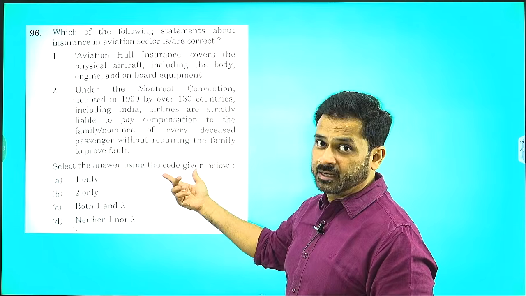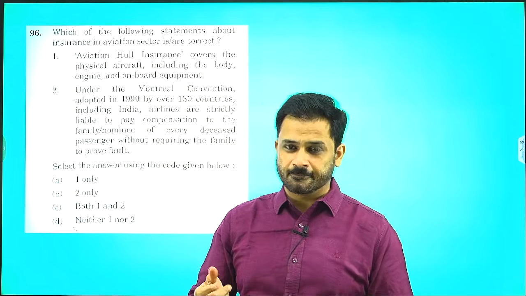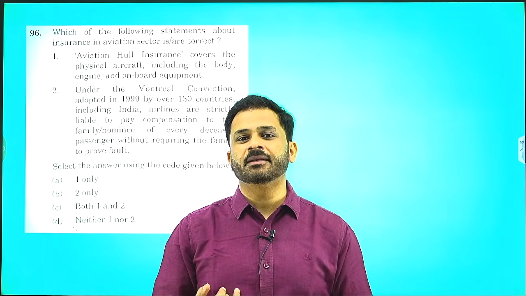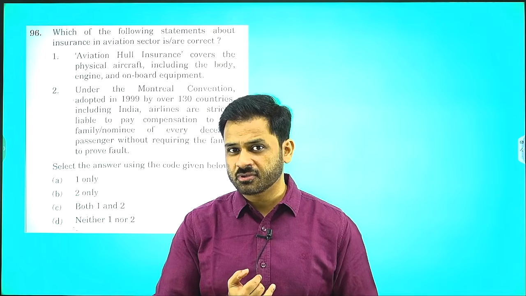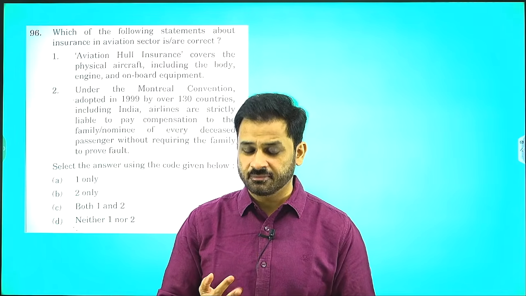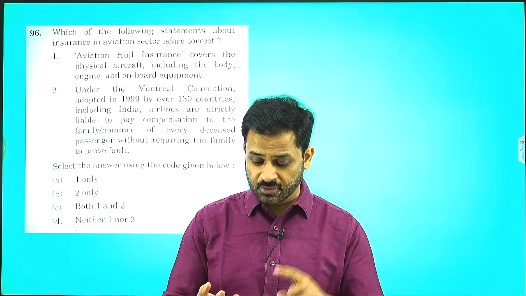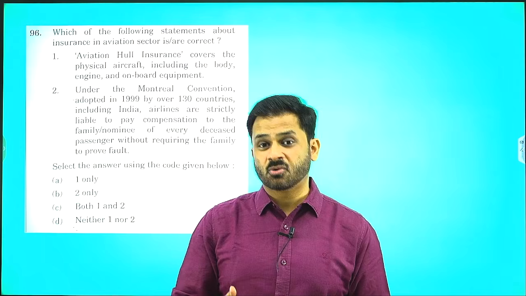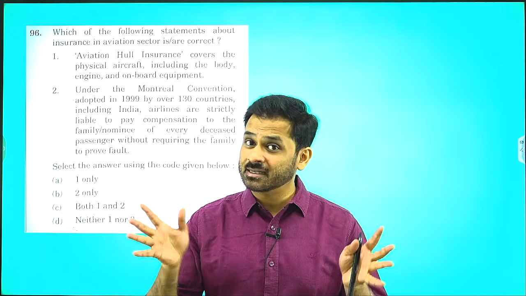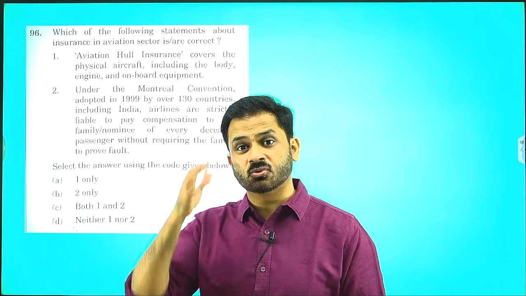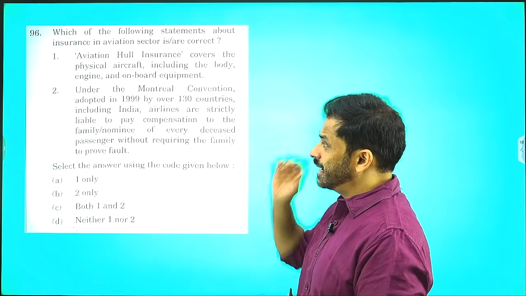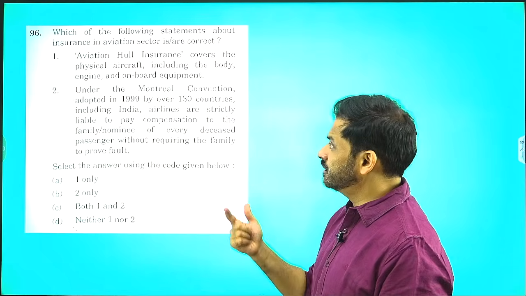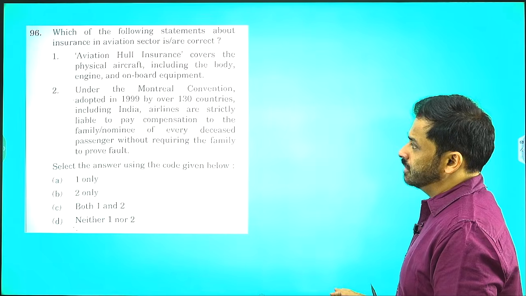So this was predictable, and think about all different aspects. If an aviation accident happens, then there can be a question in economics related to it, a question in science and technology, a question in international conventions, a question related to the laws within the country, and questions related to geography or infrastructural aspects, resource aspects also with respect to these current affairs issues. So you have to look into all the dimensions and prepare thoroughly, then only you will be able to get the questions properly. So the second statement is also correct.